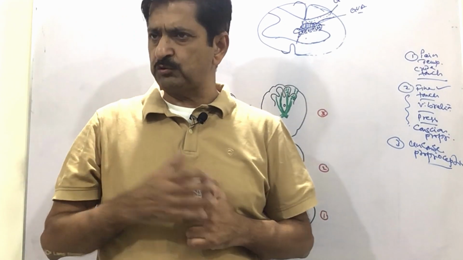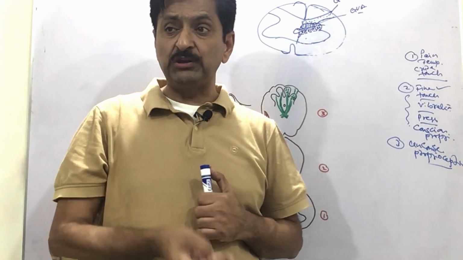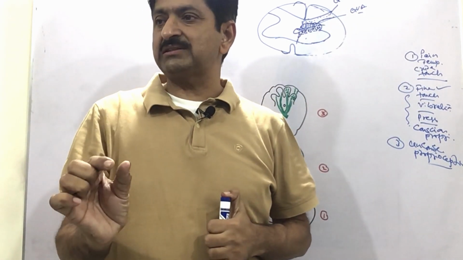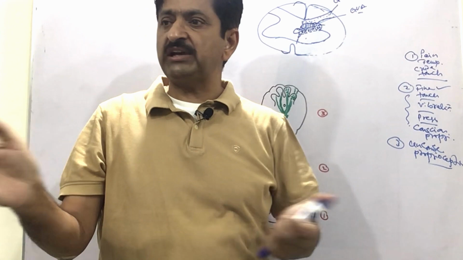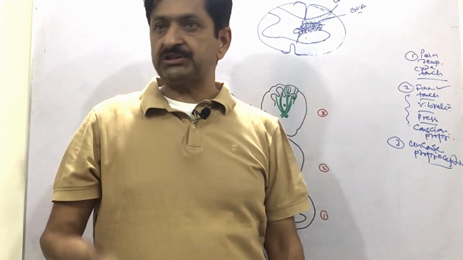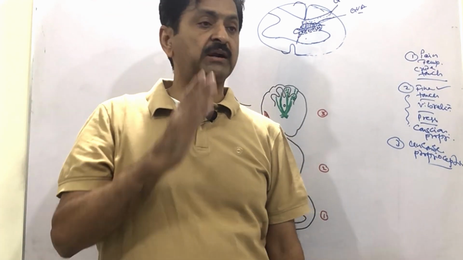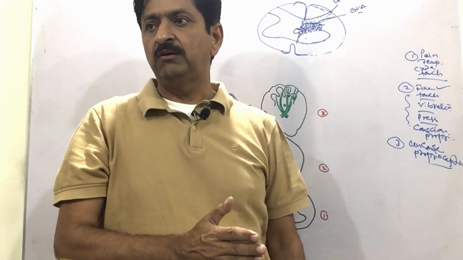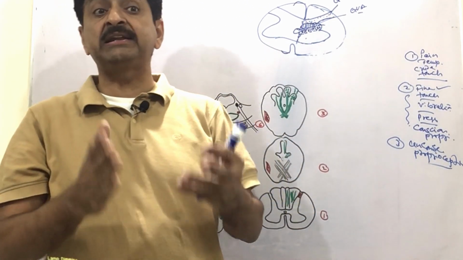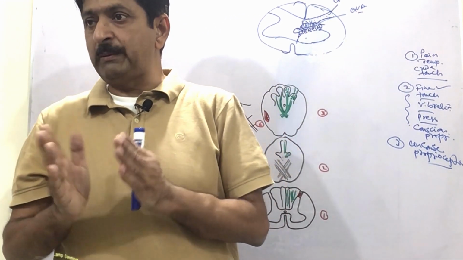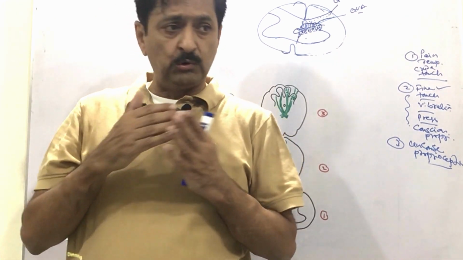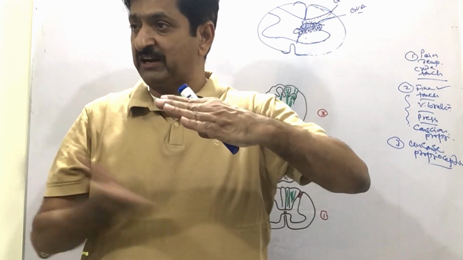Six or seven questions, which I have told you: the name of the nucleus, the category of the nucleus, which we have already mentioned here, and the location of the nucleus, exactly what location. You say it is present in the posterior three-fourths here, but where exactly? Then there is the extent of the nucleus. We have 31 segments in the spinal cord. For how long will this be present, whether it is present in all 31 segments or in certain segments? You will be informed about that when you are actually looking at a transverse section.